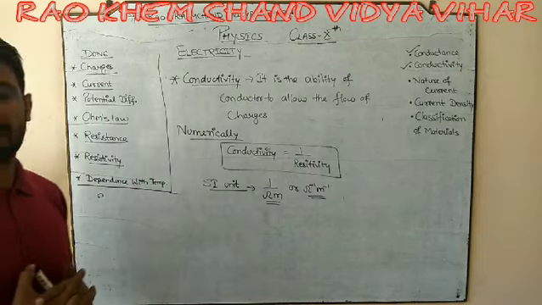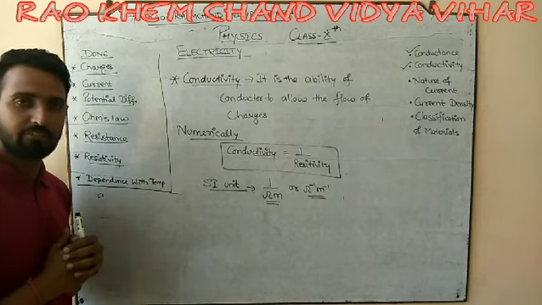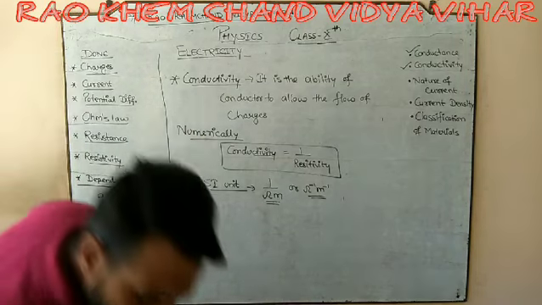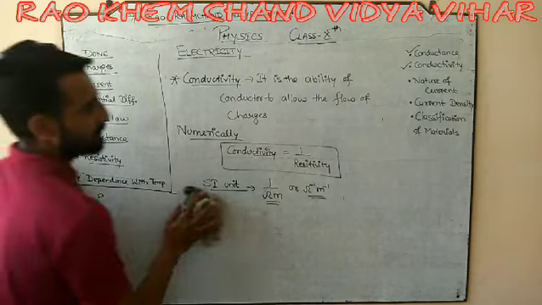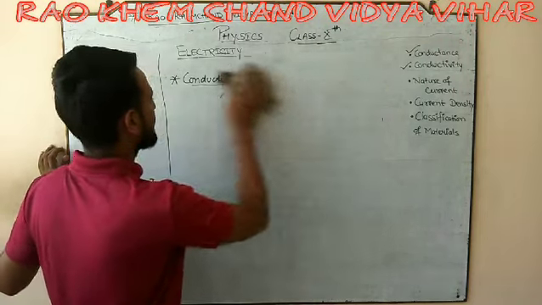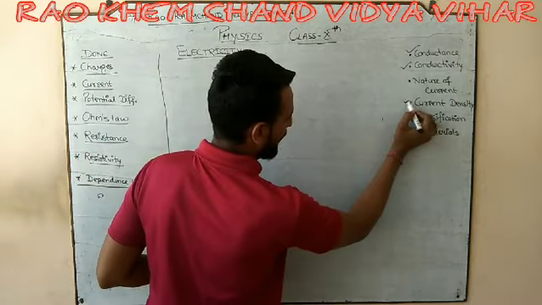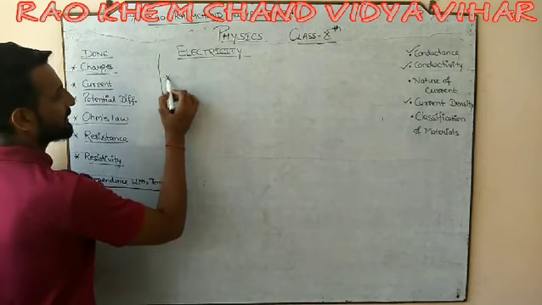So I think the second term is also clear to us. So note it down please first of all by pausing the video. Now, once we have done the second term, the conductivity, let's talk about one more term, and after that term we will continue. The term that I am taking presently is current density.